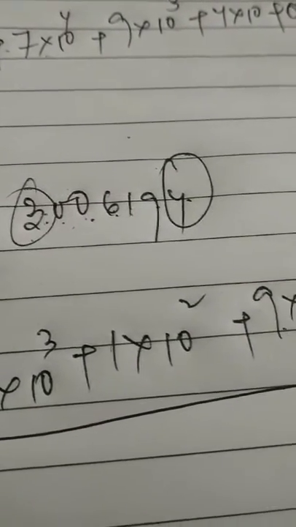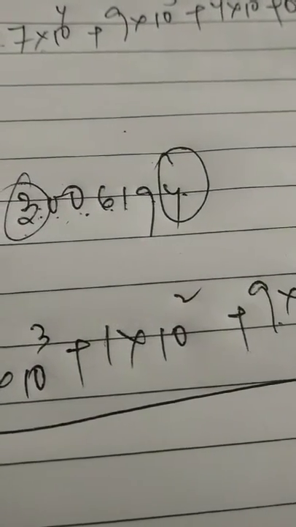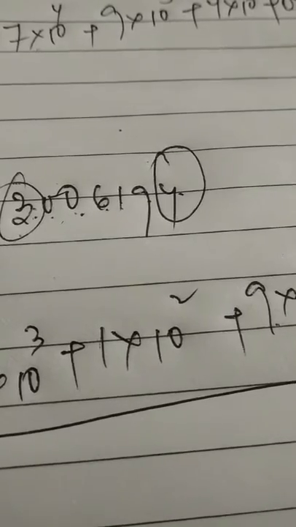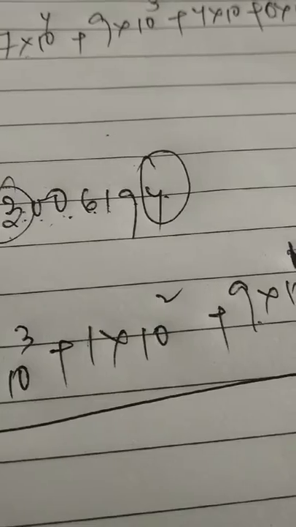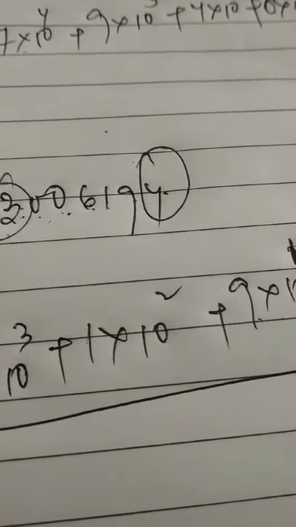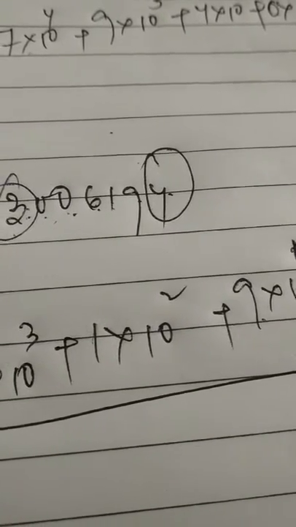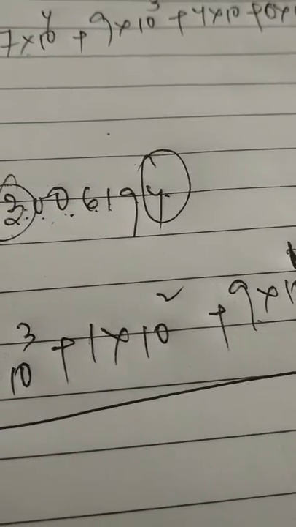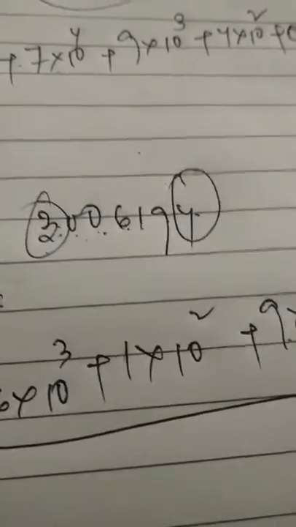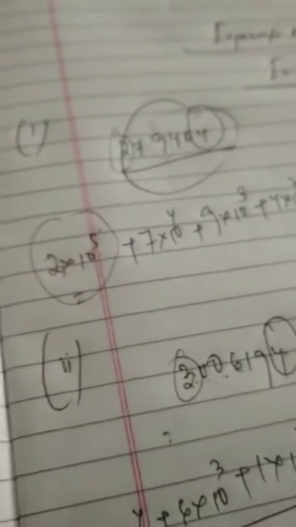So children, this is how we have to deal with such questions. The next number is 2806196. Then the next number is 1,20,719. The next number is 20,068. All these numbers have to be done in the same, similar way. Now let us talk about the next question, question number 2.